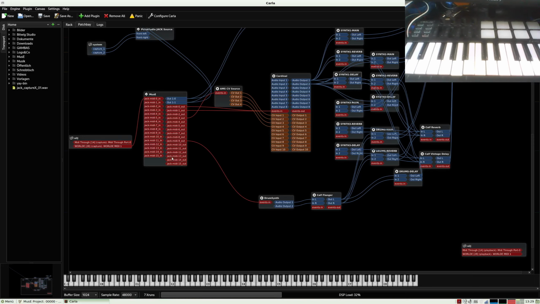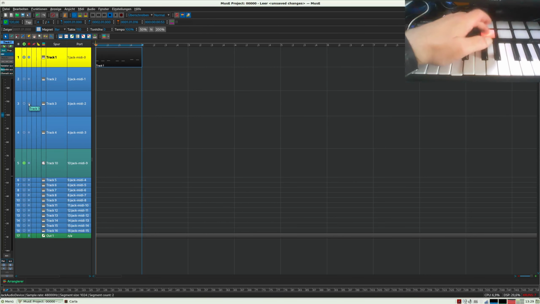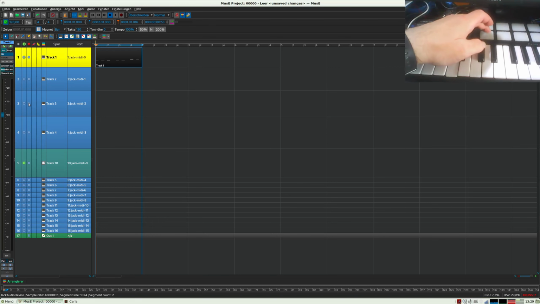So now I create drums for this. I have the keyboard here, and I connect it to the track 10, and it has an output on MIDI 9. So make this the donut. All other donuts are deleted, and now I have on this keyboard such pads, and I can use them.